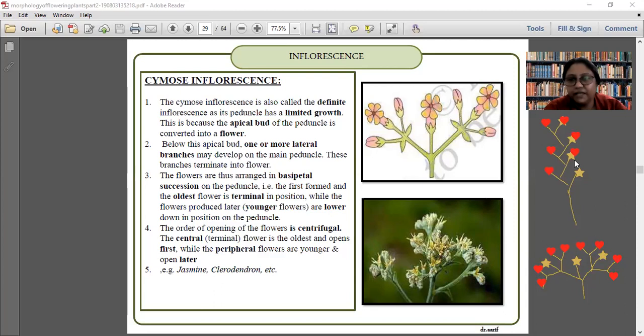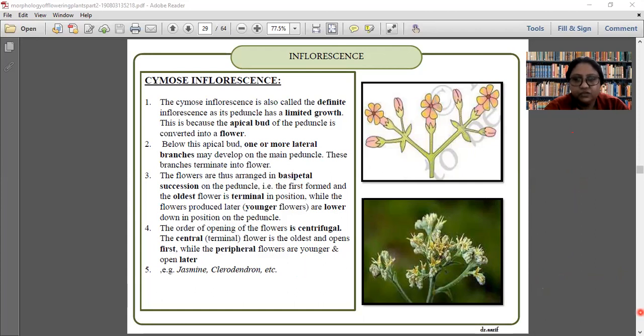Why am I double marking? Out of these two, this one is old, this one is new. अब न्यू में से जो बन रहा है उसमें से एक ओल्ड होगा, जो न्यू होगा उसमें से further there will be branching. Okay, so this is the difference between racemose and cymose. Understand it very properly because many a times it is asked as a 2-mark question in a difference part, that what is the difference between cymose and racemose.